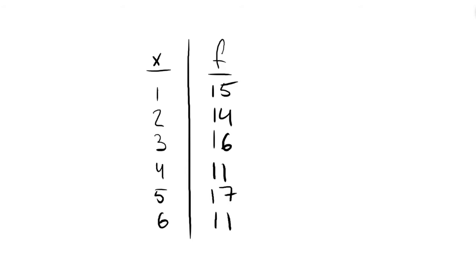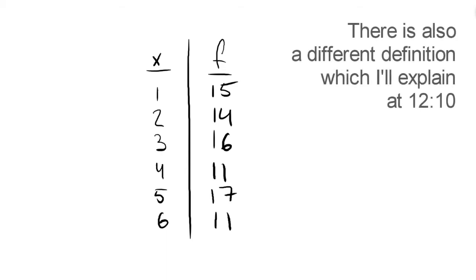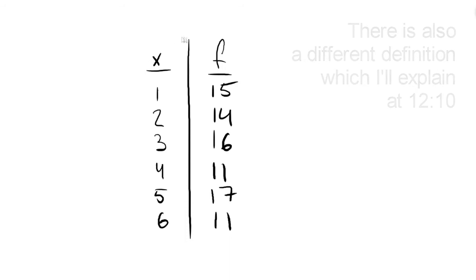So what is the mode? Well, the mode is the observation that is most common. So in this example, let's say we throw a dice. So we have the six-sided dice and we have the different faces it can show. And then we also note the frequency. How many times did we get a 1, how many times did we get a 2, and so on.